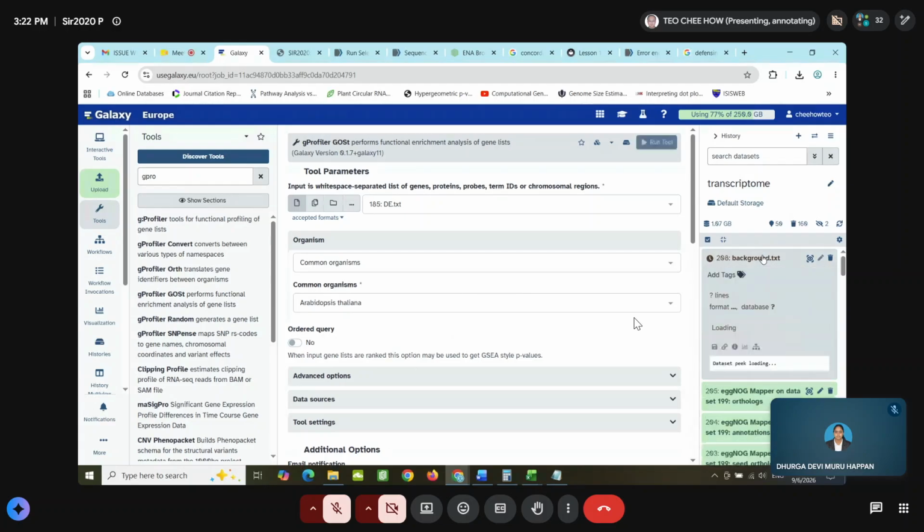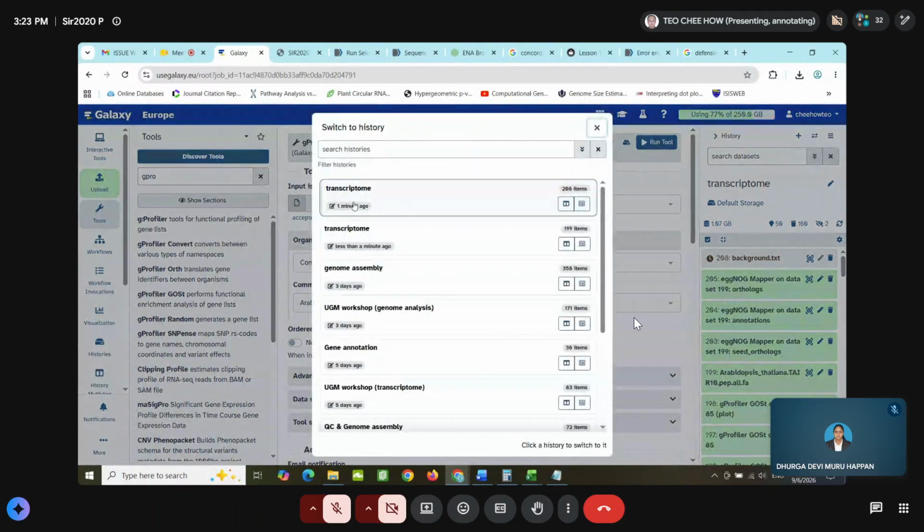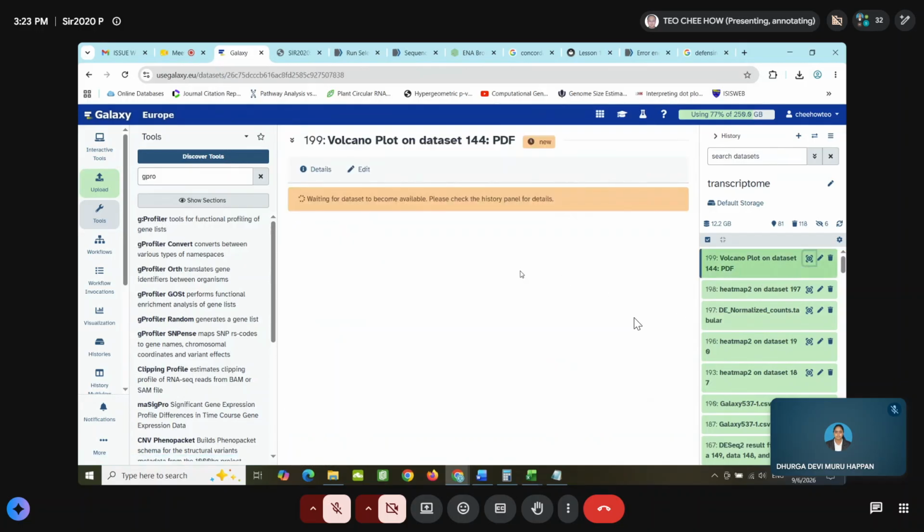Wait for this background file to be generated. Then I can choose to input the background file to see whether it can do the enrichment analysis. So the other one is this one. Oh, okay. So just now I tried to rerun the heat map, sorry, volcano plot, to see whether there is any difference.